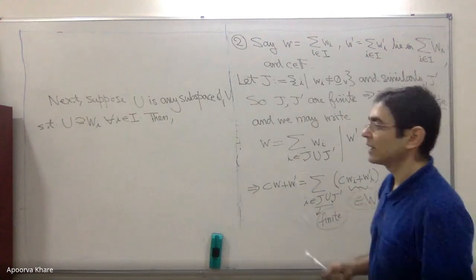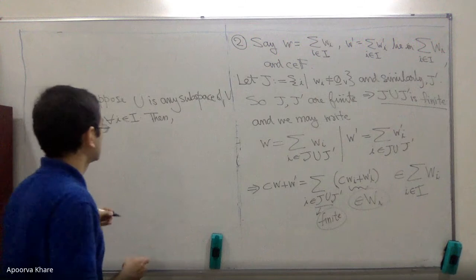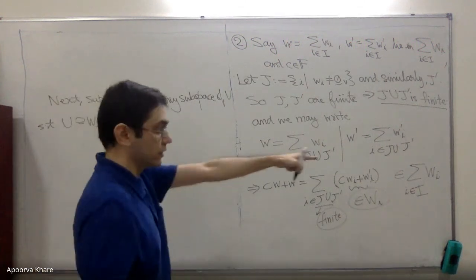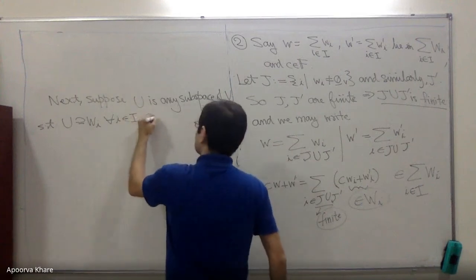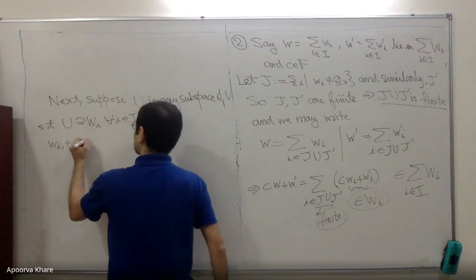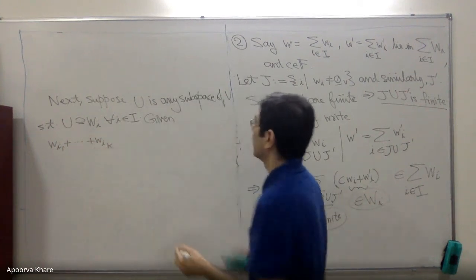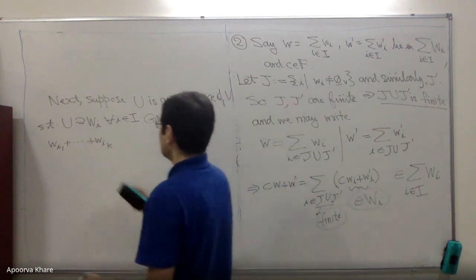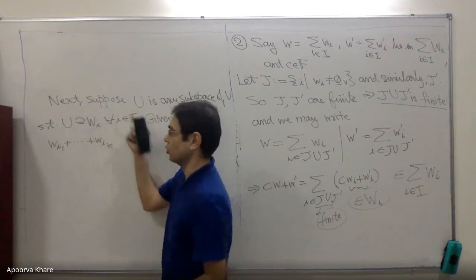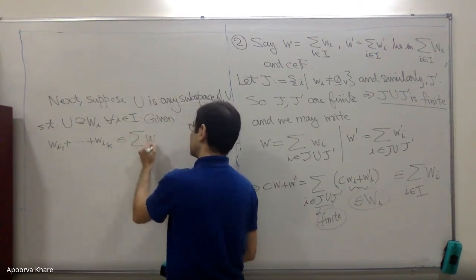Now here is maybe where I use the other description of the W. So I take I1 plus I2 plus I3. I want to say that U contains every element of the Minkowski sum. So given an element of the Minkowski sum, given Wi1 plus dot dot plus Wik, where U is any subspace. If k equals 0, then this sum was defined to be 0. 0 is clearly contained in U because U is a subspace. So I want to just show that this element of the Minkowski sum